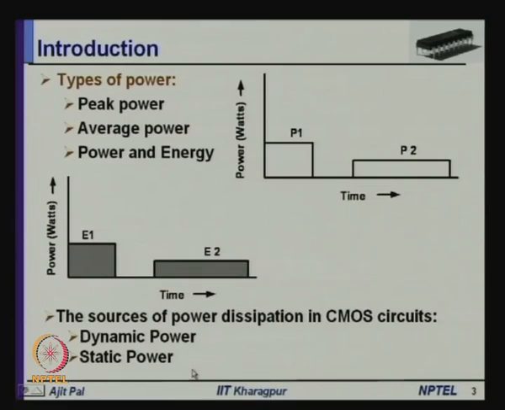So, what do you really mean by dynamic power? Dynamic power dissipation occurs when the circuit is in operation, when the circuit is in action. You have applied a supply voltage, you have applied clock, you are changing the inputs, outputs are changing, that we call the circuit is in operation or in action, and that time whatever is the power dissipation we call it